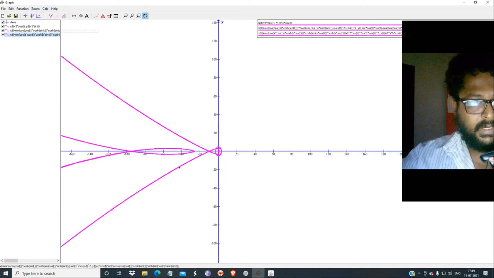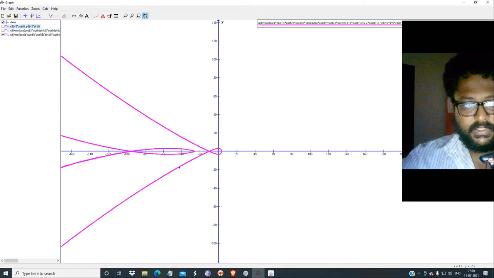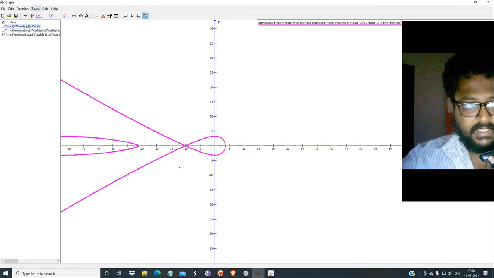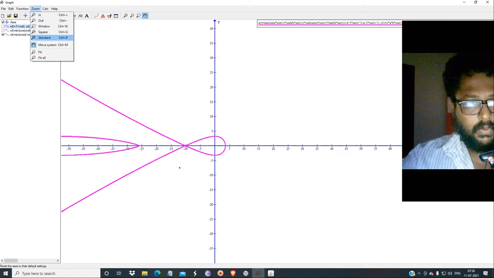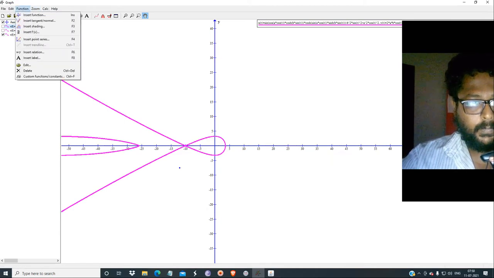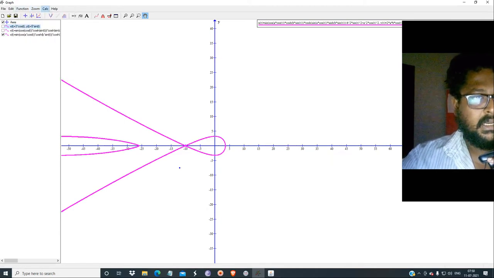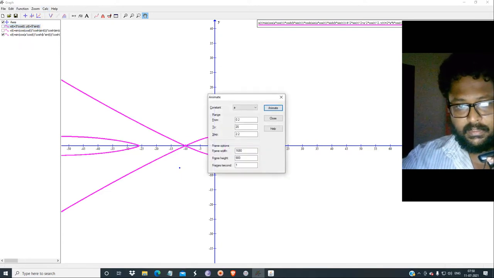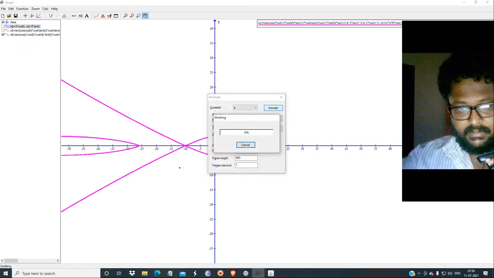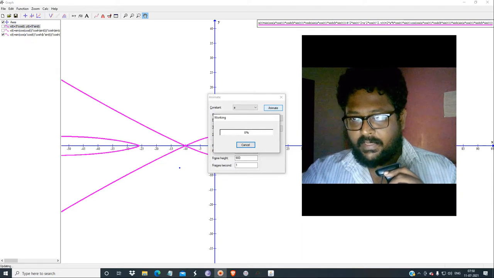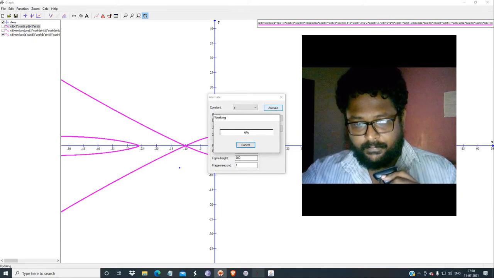Now what you have to do is you just minus both things, and how this circle is being deformed I will tell you. When you go here to the functions, to the calc animate, you just animate it. It will surely take some time.